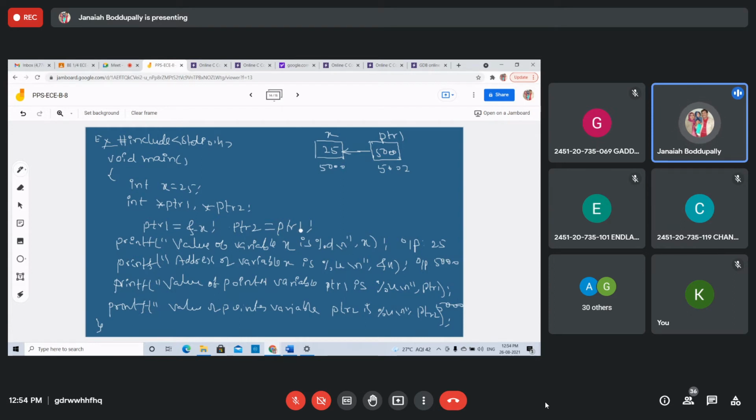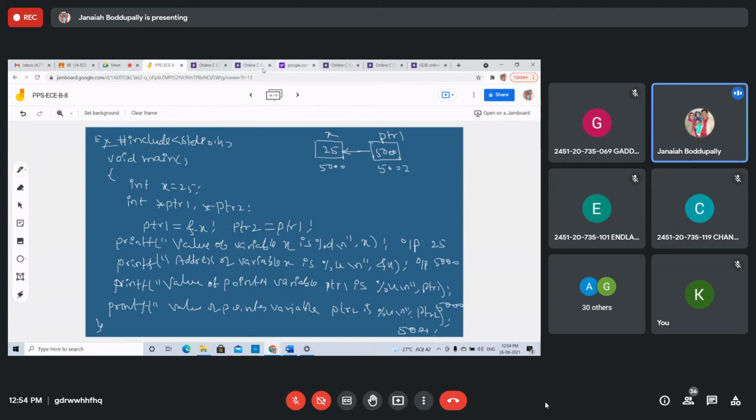Sorry students, I forgot this assignment statement. This is a program especially to show the assignment statements. Now tell me what the pointer value is. Whatever value is in ptr1 will be displayed in ptr2 because we are assigning that ptr1 value to ptr2. Same, sir, 5000. If I write the ampersand before ptr2, it is 5002. Whatever value is in ptr1, 5000, we are transferring from ptr1 into ptr2. Now you got it.